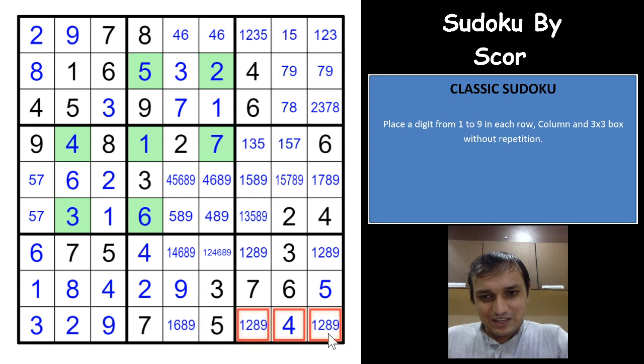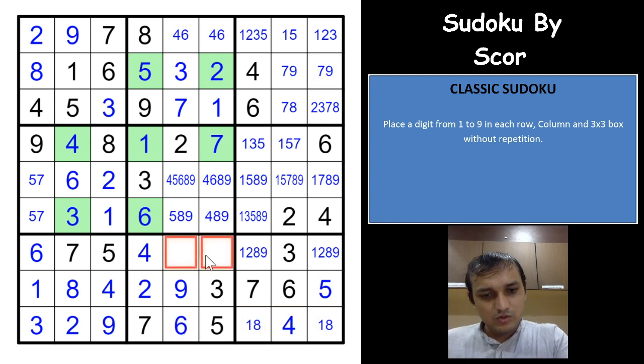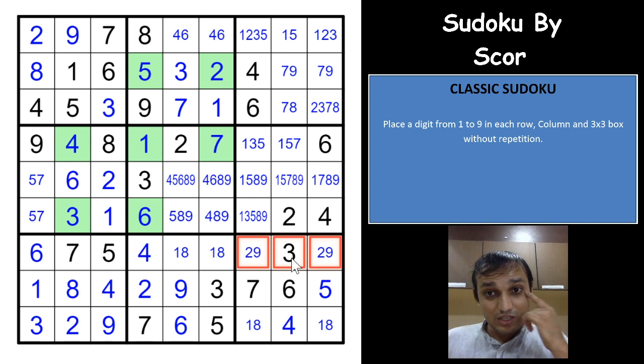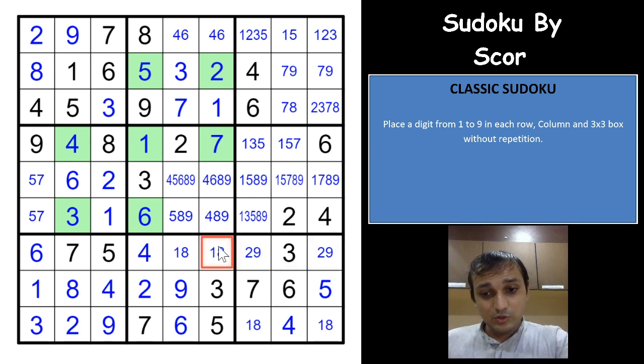And if you see here, that eliminates 9 from this cell and 2 from this cell. You have a 1 8 here, 9 here. This has to be 6, and these two cells are 1 and 8 now. I think this should be done now, and these two cells are 2 and 9. That was really bad, doing such silly mistakes here. And I think I was in a hurry to complete this gorgeous Sudoku.